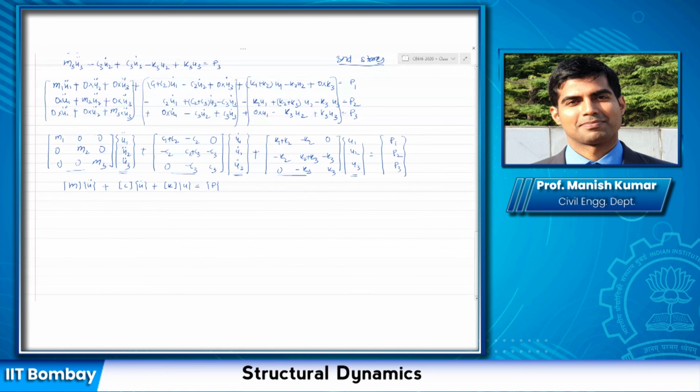So now I have been able to obtain the equation in a similar form to what we obtained for the single degree of freedom system, with one major difference. Now the quantities are in terms of matrices and vectors. So this is the first step towards solving a multi-degree of freedom system. This is my equation of motion.